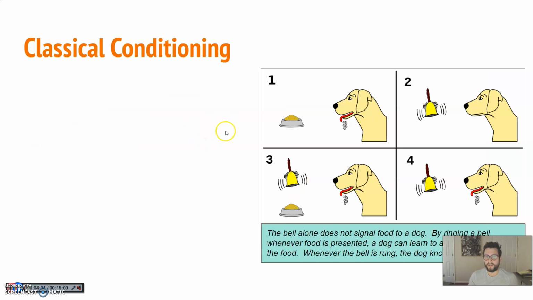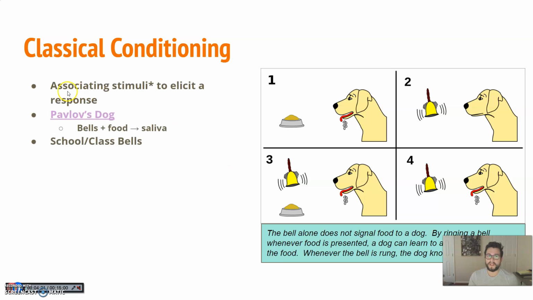Now, classical conditioning. A scientist was studying the salivary glands in dogs and noticed that whenever he would ring the bell, if he gave them food, then the dog would associate the sound of the bell with the food, and he would drool even though there was no food around. So you can be conditioned to a stimulus, like the sound of the bell, to think of another stimulus. So if you know the bell means food, you've learned this association. So it is a learned behavior.